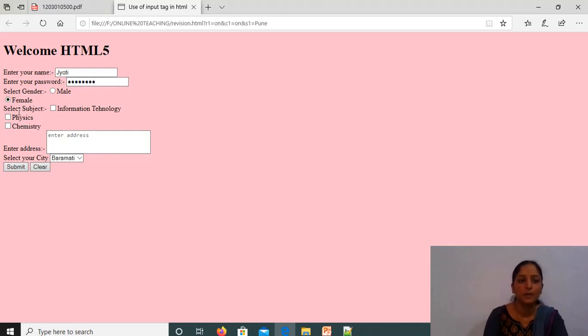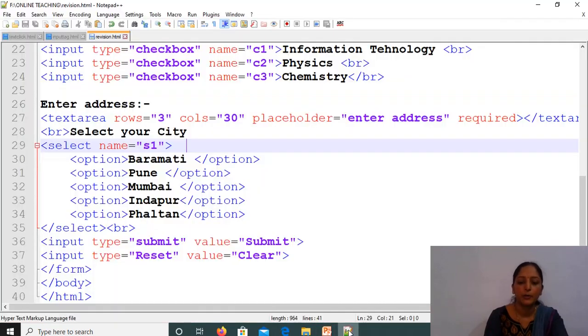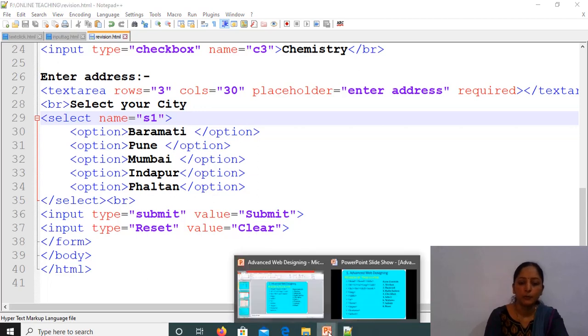Checkboxes are not compulsory. Without selecting them, if we click the submit button, it just displays the message for the address only. Now when we write the address and click the submit button, it submits the values. So whenever we use the required attribute, it is compulsory to enter the value.